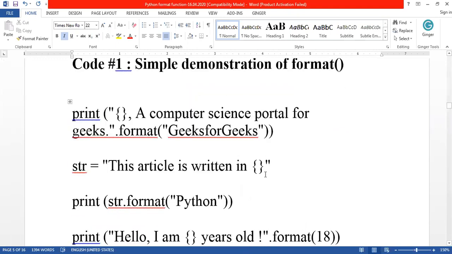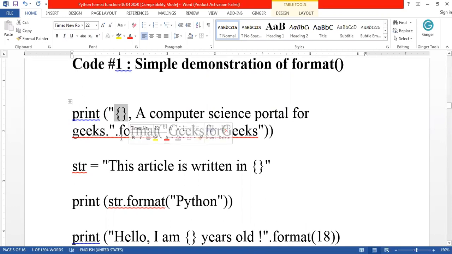So this is a very simple way of using the format function. Look at this example here. Print, inside this print I am using a placeholder, that is curly braces. This is given in double quotes, right? So this entire thing is given in double quotes, which is a string dot format, and inside that the value, what should be replaced by this format, is given here.